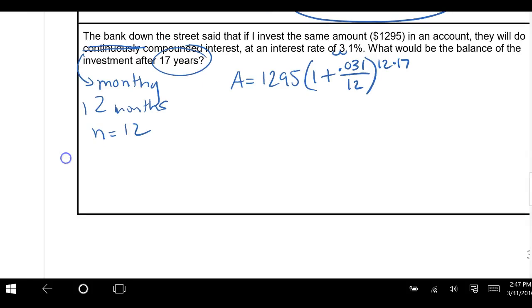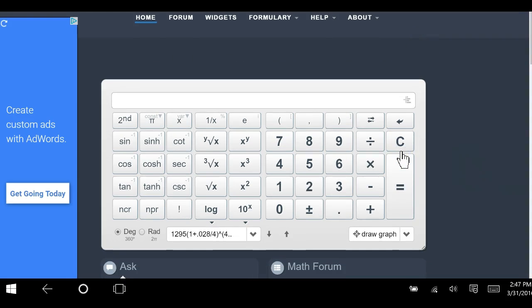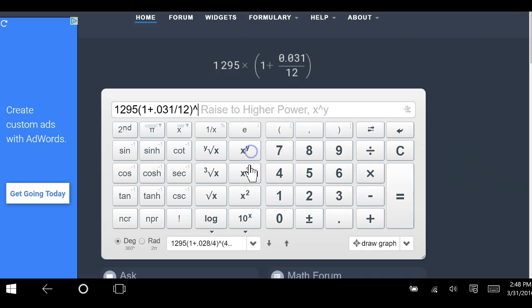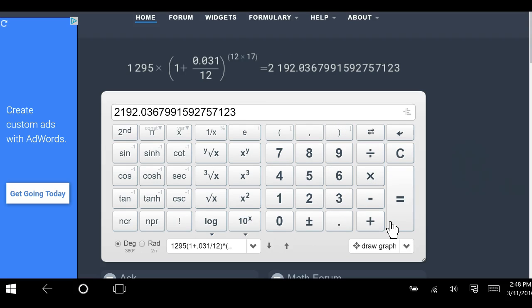So we'll go ahead and put that in our calculator. Okay, so now we'll do 1295 times 1 plus 0.031 divided by 12 raised to the power of, in parentheses, 12 times 17. And our value is going to be